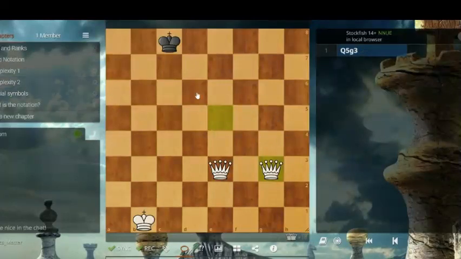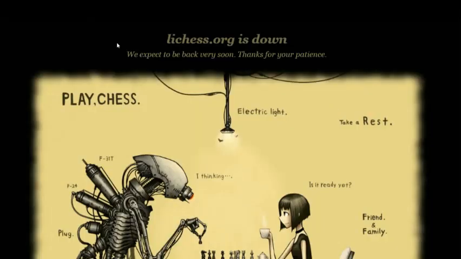We have already covered the special symbols for check, checkmate, and capturing. So let's move on to this question of